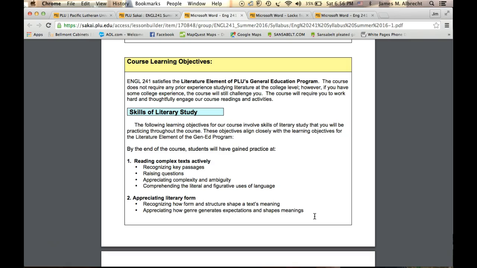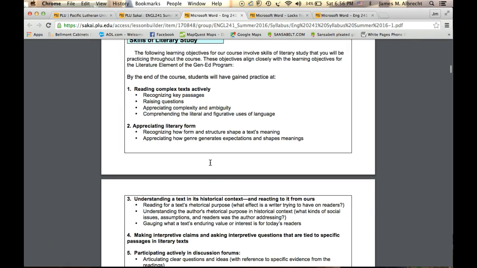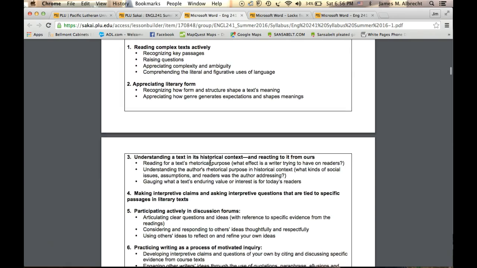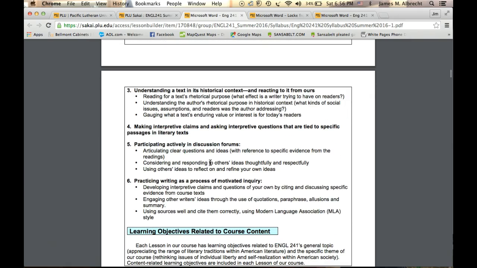But throughout the class, there are certain basic learning objectives that we'll be working on that have to do with the methods and the skills of literary study. So being able to read complex texts actively, being able to appreciate literary form, being able to understand a text in its historical context and then to react to that text or evaluate it from our historical moment, learning how to make interpretive claims and ask interpretive questions that are tied to specific passages in a literary text,